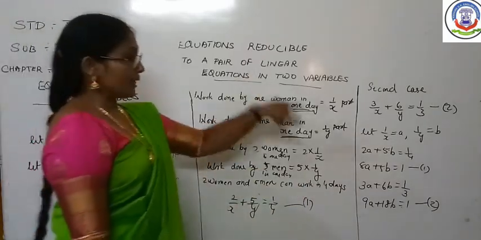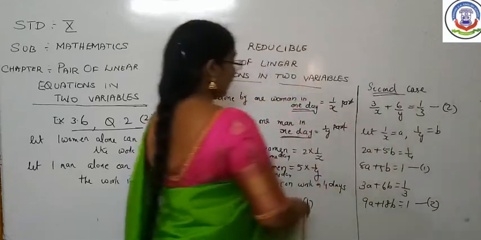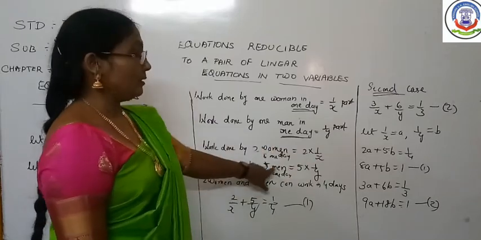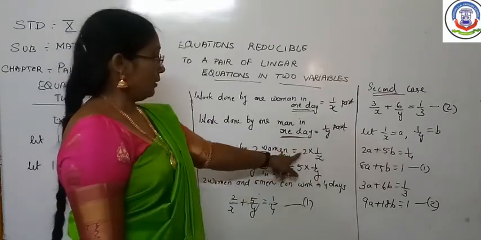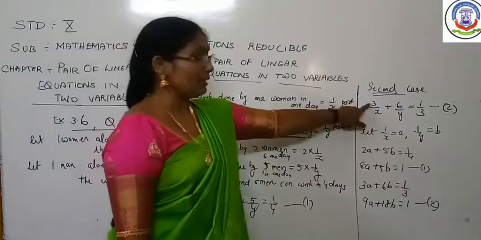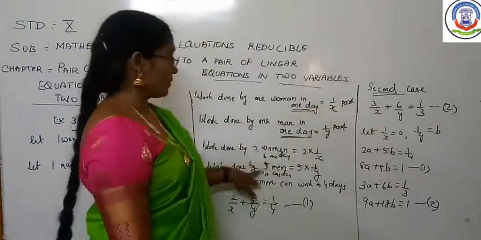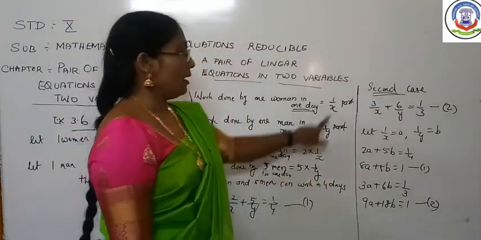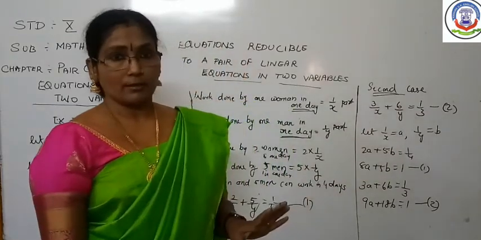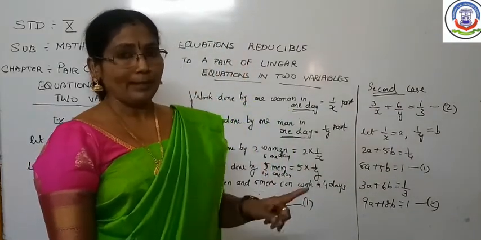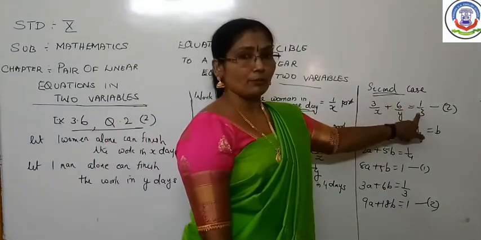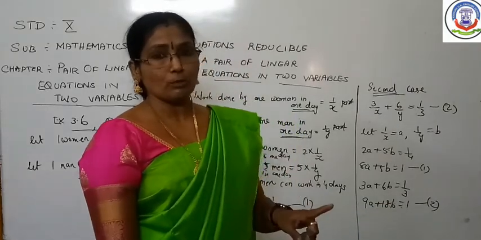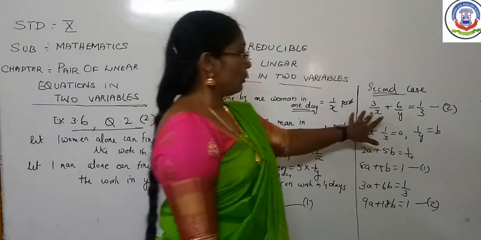First equation you got. Second case, again the number of men and women changed. How many women? 3 women. And how many men? 6 men. So again the same question. That means 2 women in 1 day, here will be 3 women in 1 day. That means 3 into 1 by x. And work done by how many men? 6 men. That means 6 into 1 by y. But they are going to complete it in 3 days, and we have to find out the work in 1 day. So we will write that 1 by 3 part of the work will be done in 1 day, because total 3 days it will take. So in 1 day how much will it be? 1/3 part of that work is equal to 1/3.